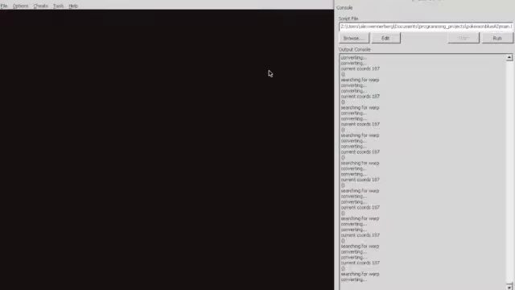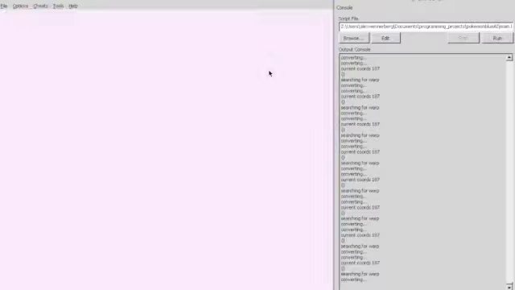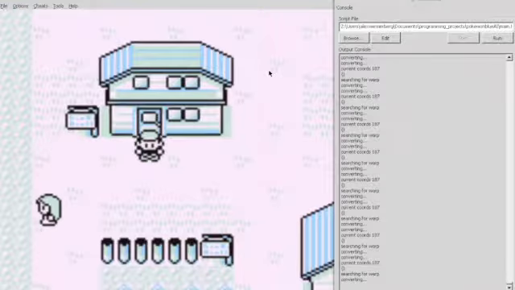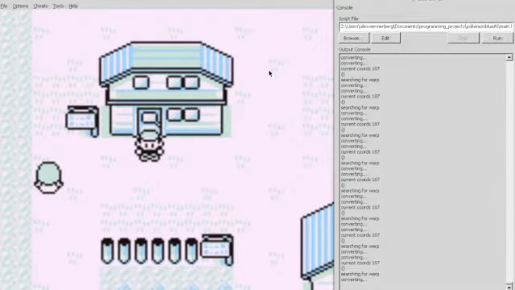And so every time I go into a warp point, I say, okay, this is a new map. I read the map number, which is stored in memory, and then I look at the tiles that I see on the screen and store that into the map. And then every time I move,